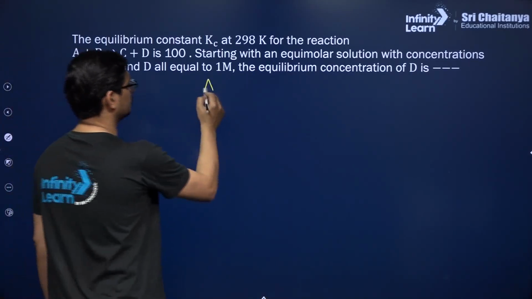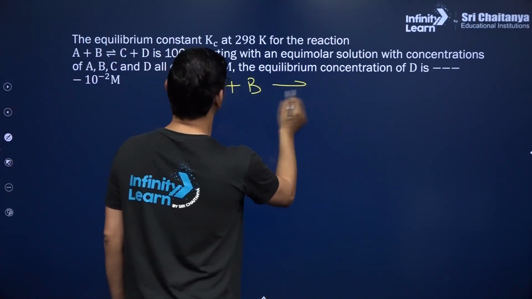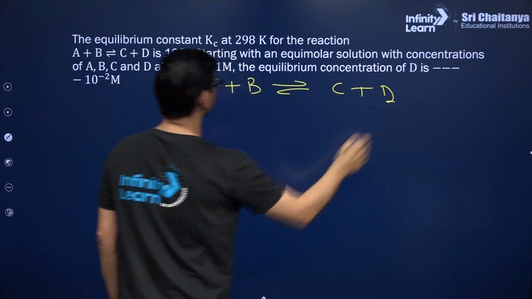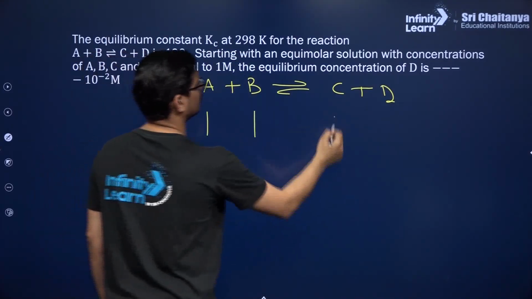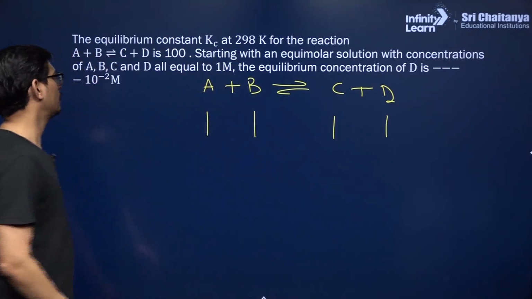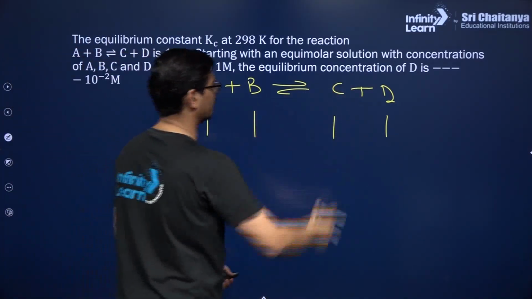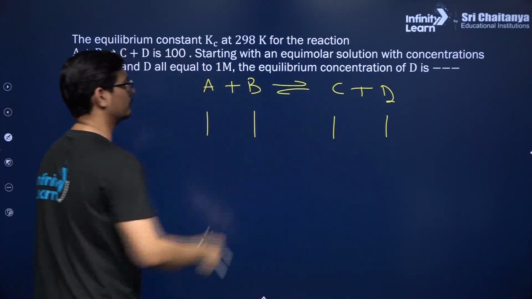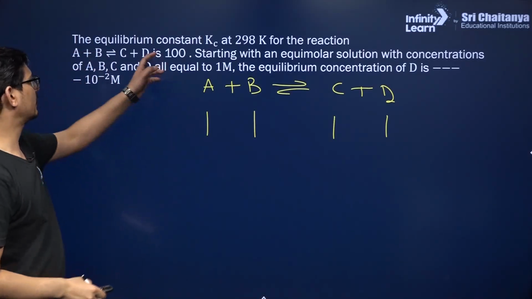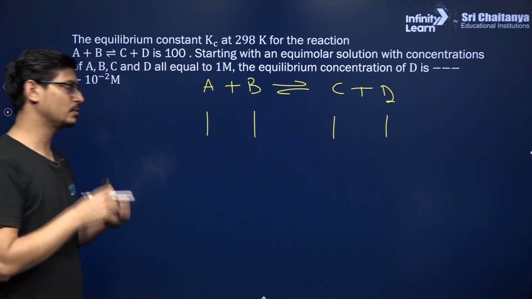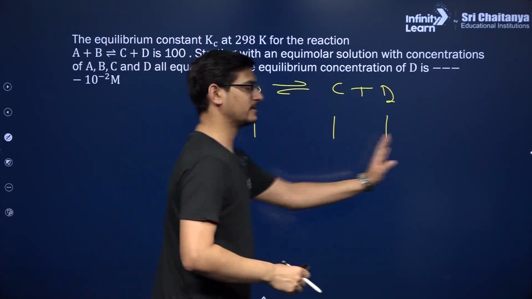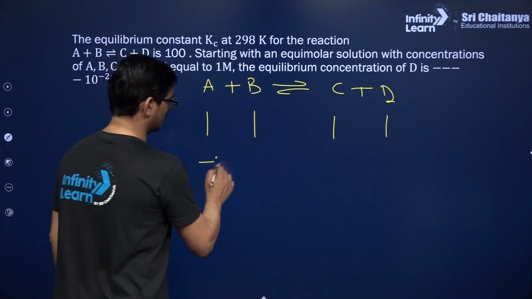In this reaction, A plus B gives C plus D. Initially, all species are 1 molar, right? A, B, C, D all equal to 1 molar. So you can see the reaction quotient is 1, which is C into D divided by A into B. Reaction quotient is 1, but the equilibrium constant is 100. So whenever Qc is less than Kc, the reaction will proceed in the forward direction, that is minus x